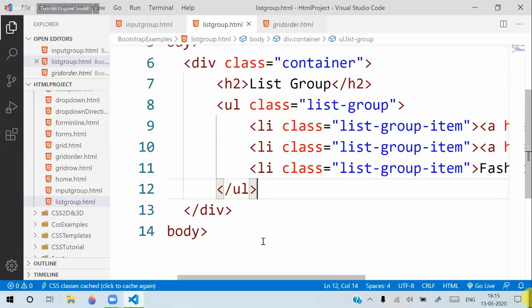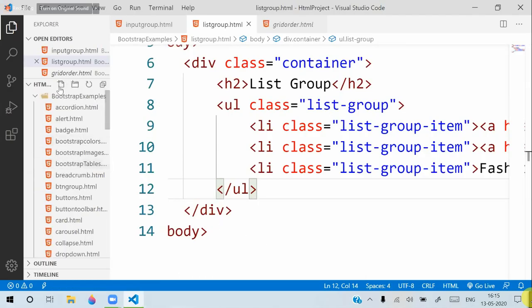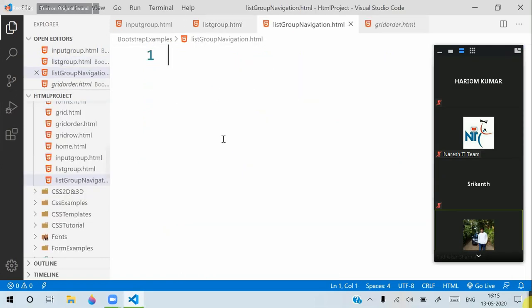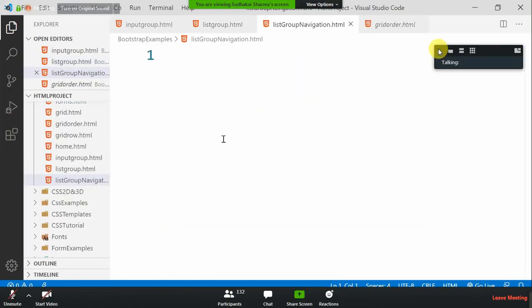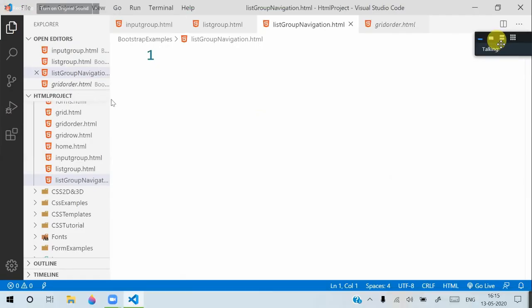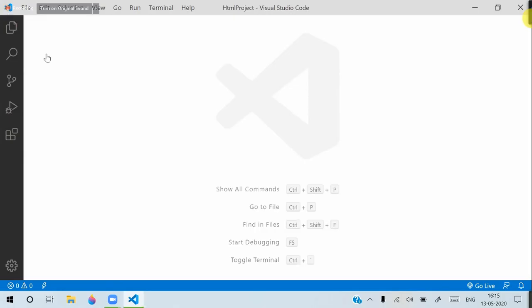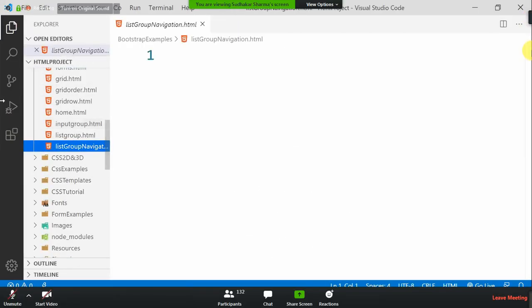Now let's see how we can use list groups, one more example. List group with panels, or simply navigation.html. List group navigation, how we can handle that. So first, in the list group navigation,